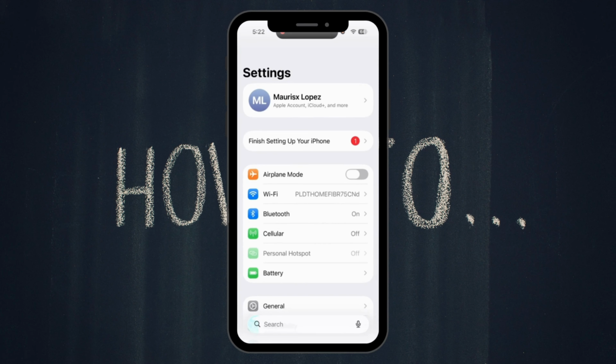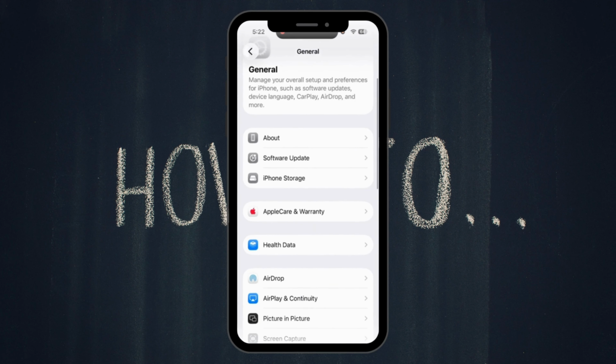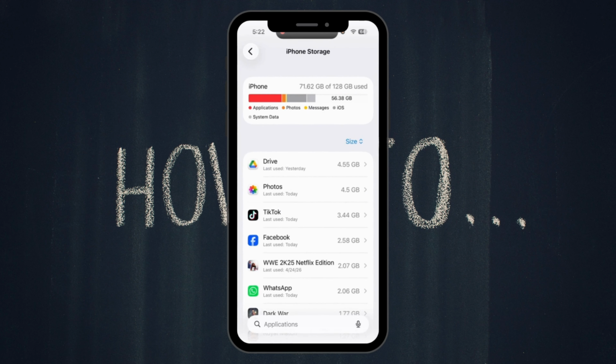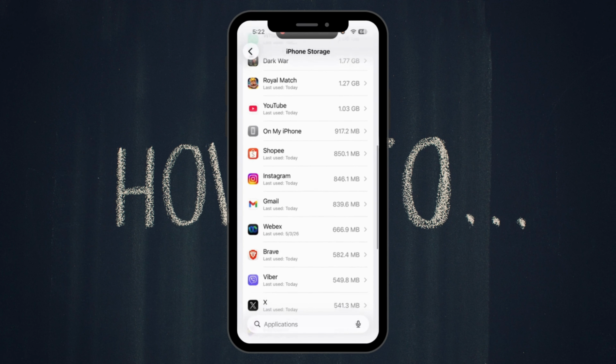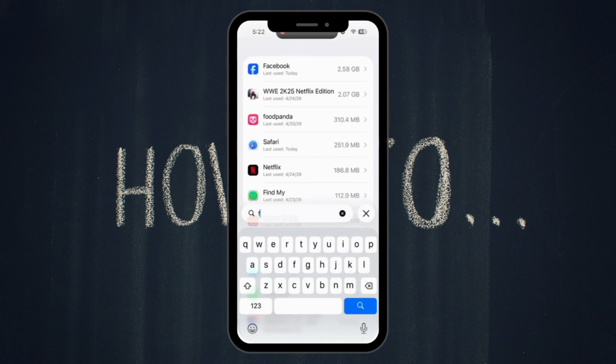Now, once you open settings, scroll down and go to general. Next, scroll down and look for iPhone storage, tap on it. Now in here, scroll down and look for Discord, or you can also search it. Type in Discord,